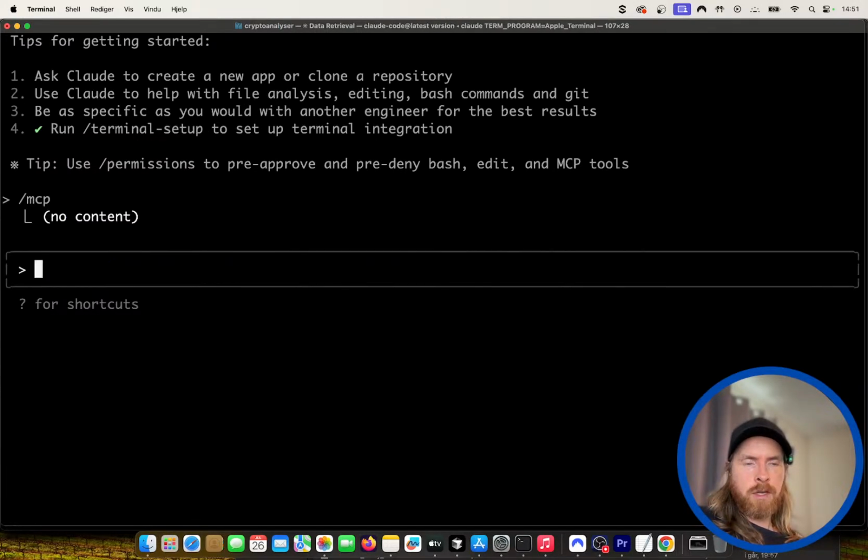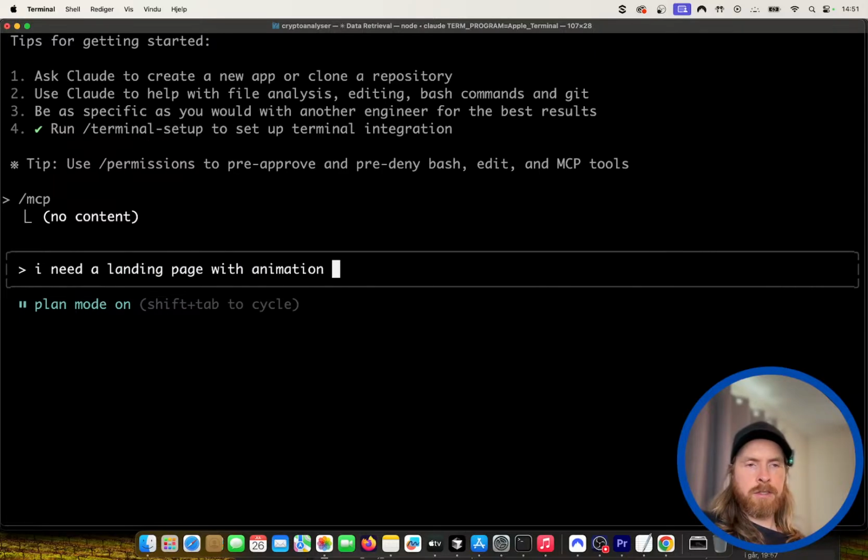We have the Gemini here. Okay. So let's go to plan mode. And let's say I need a landing page with animations for an upcoming AI hackathon.